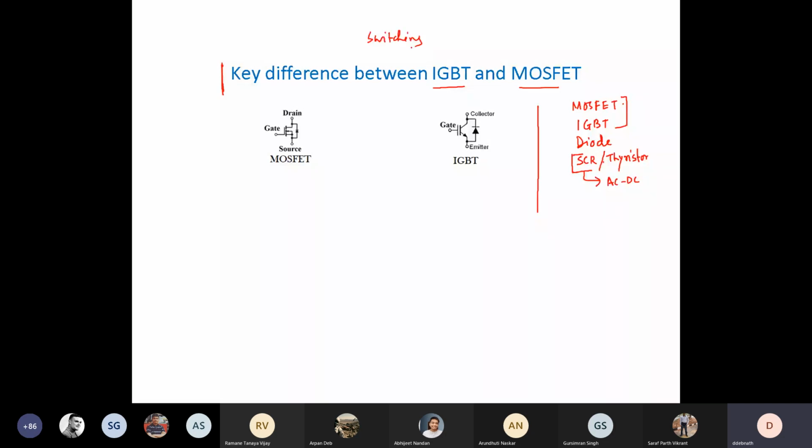Basically, how to calculate losses. You know, there are two main losses, conduction loss and switching loss. How to calculate loss, that you must understand. Then how to select a heat sink, that you must understand, and one or two examples of snubber circuit. These are problems. Okay, this will come as numericals, and then there will be some MCQs or fill in the blanks or those things.